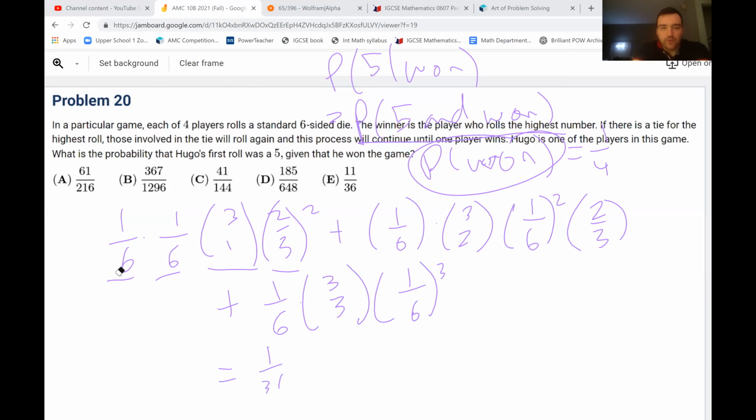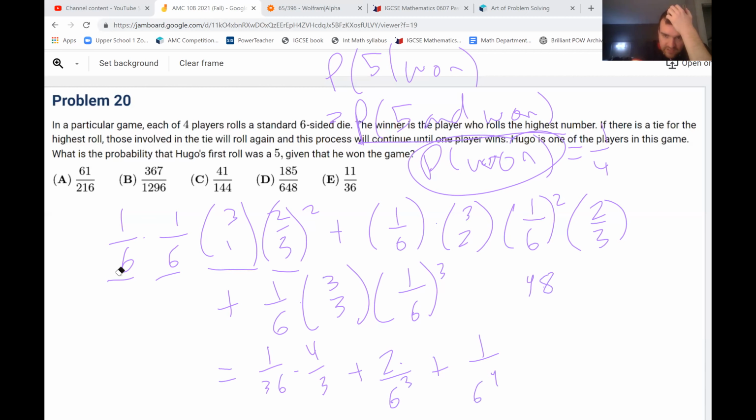times 3 times 2/3 squared, which would become what? 4 over 3 plus 1 over 6 cubed times 3 times 2/3, which is 2. So 2 times, so that's basically 2 over 6 to the power 3, right? Plus 1 over 6 to the power 4. 6 squared. So that's going to be what? 4, we would have to multiply by 6 squared. We need to multiply 2 times 6, so 12. So that's going to be